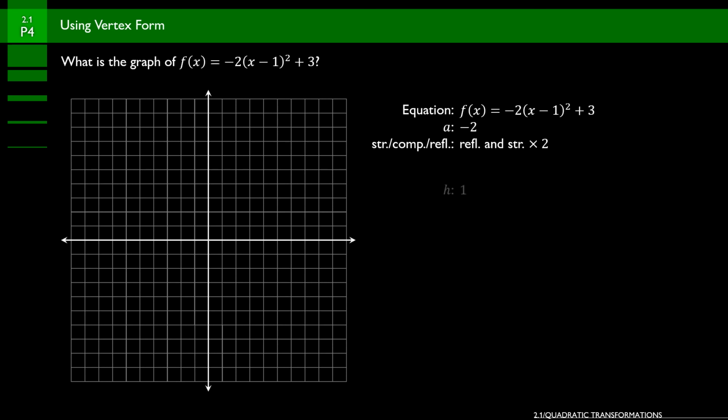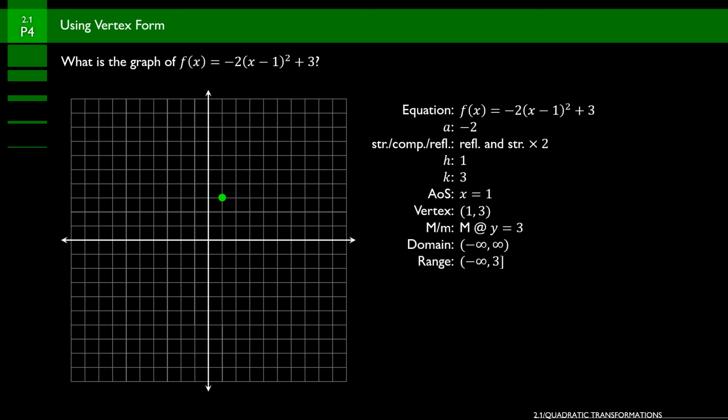For the h value, we have x minus 1, so that means that we've got an h value of 1, and then our k value on the outside is 3. So our axis of symmetry is going to be x equals 1, and our vertex is going to be 1, 3. Since this opens down, we're going to have a maximum at y equals 3. Our domain is again going to be all real numbers, and our range is going to go from negative infinity